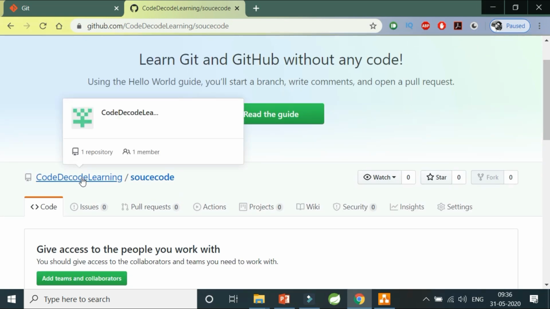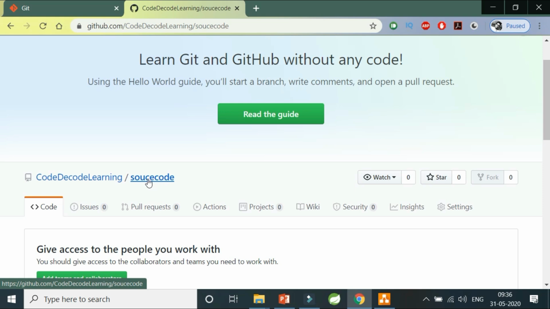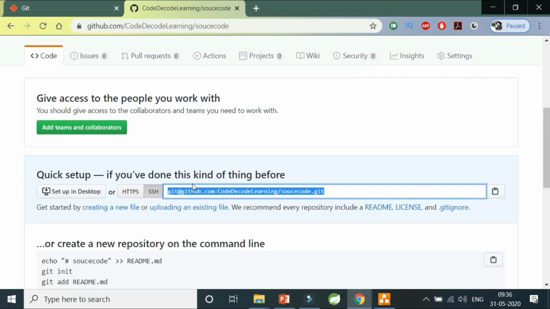This was how I created an organization. This is how I created my source code repository. But now I want to clone this. Cloning is an easy thing. I can use this SSH key and clone it. But before that, we need an SSH key setup. So why do we need an SSH key setup? Because whenever you want to put something into this account or get something from this account, you always need some privacy and security. So for that, the secured SSH key is created.